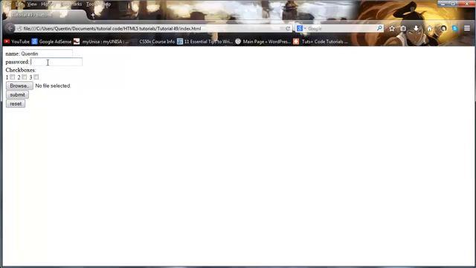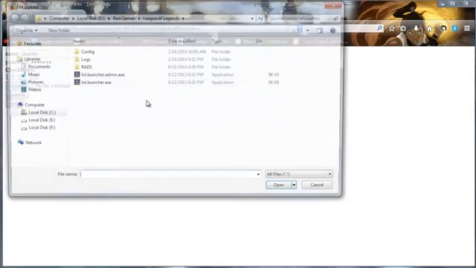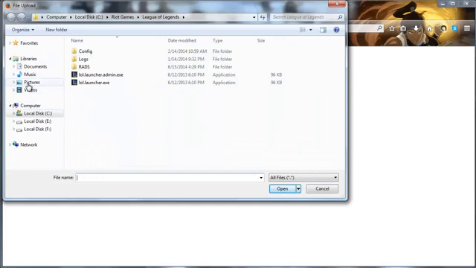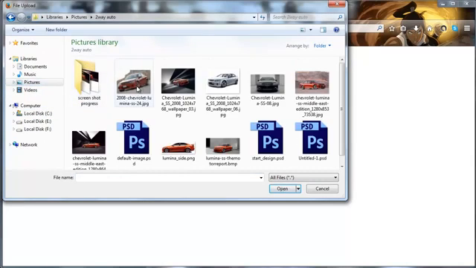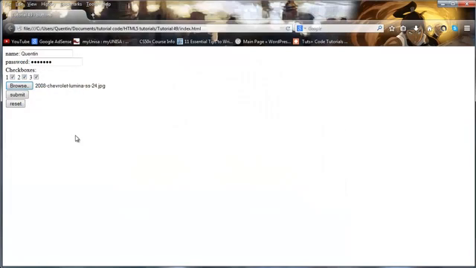So I'm going to fill in my name, and let's fill in a password, 1, 2, 3, 4, 5, 6, 7 actually, and I'm going to tick some of those checkboxes, and we can maybe select a file over here, so pictures, and I don't know, we'll select a picture of a car. So there we go. We now have some data filled into our form,